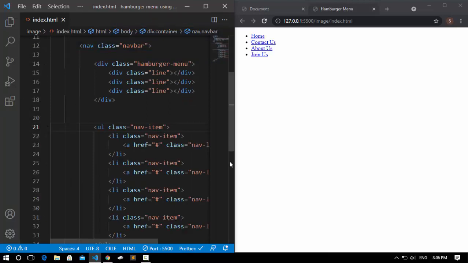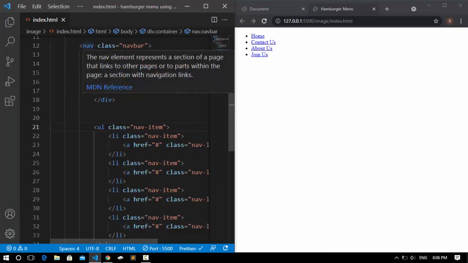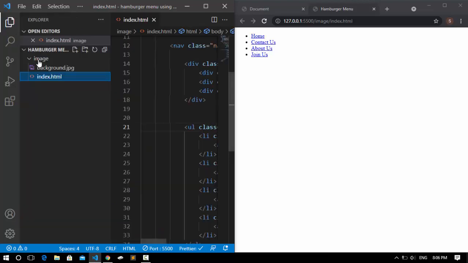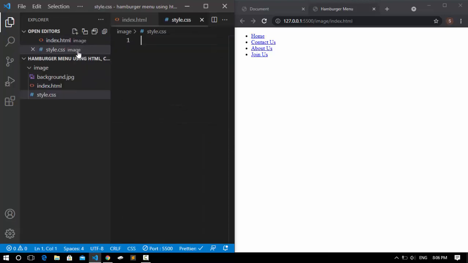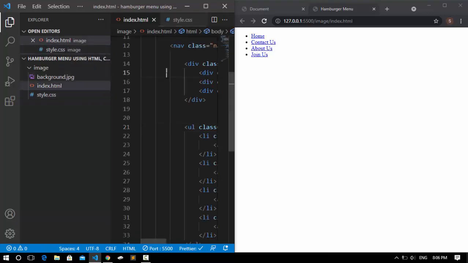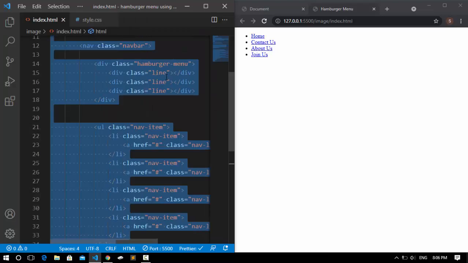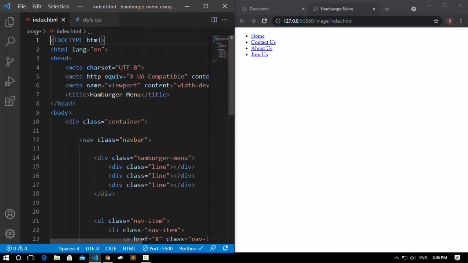Everything is done on the CSS and HTML, and now we have to style our HTML. To do so, I'm going to create a style.css file. I'm sorry, we're going to do the styling. Before anything, you have to make sure that you have connected your CSS file with